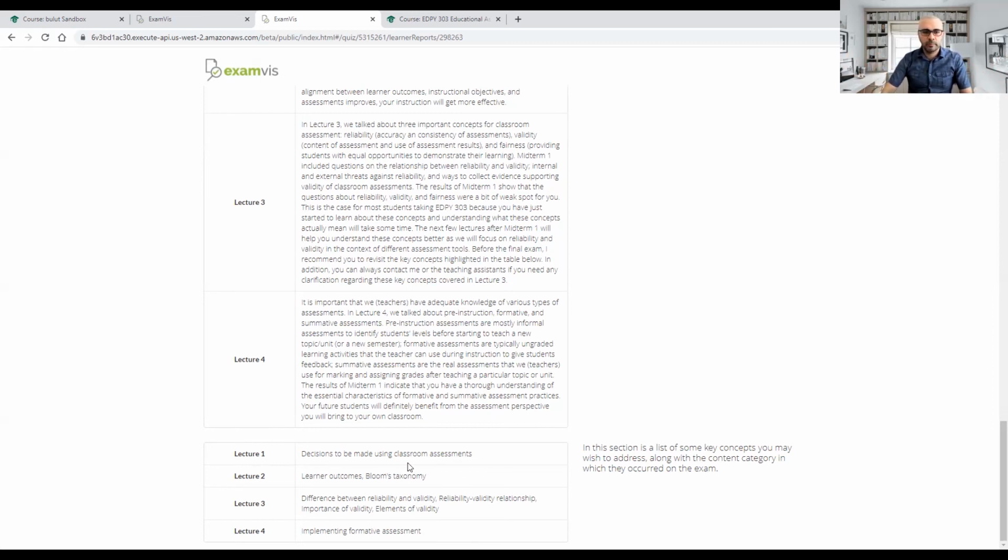After that, the report is available to them. They can print it out if they want. But this ExamViz application is open to them as long as you keep the application visible to students. So they can come back anytime in the semester and view their reports again and again, just to review, to remind themselves how they did in the exam, what they need to study before the final exam, especially if you're running a cumulative exam. So I think that's pretty much it. That's what I wanted to highlight today.